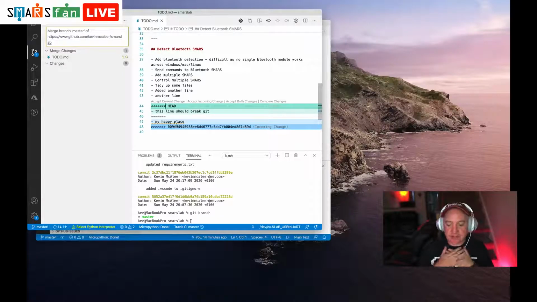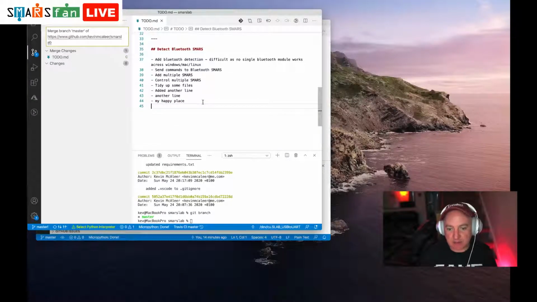place. So we as the developer have to choose which the correct line is. There's no way a machine can figure this out. We have to decide what we think is correct. So if I go in here, you can either accept both, you can compare them, or you can accept the incoming change. So I'm going to say accept the incoming change, my happy place. So if I now do that,